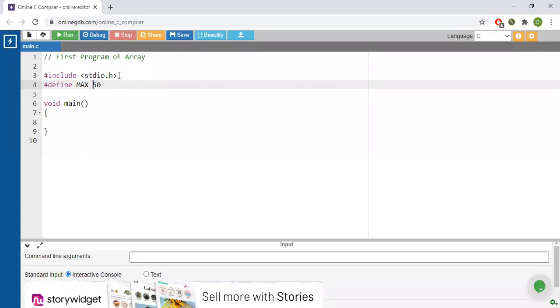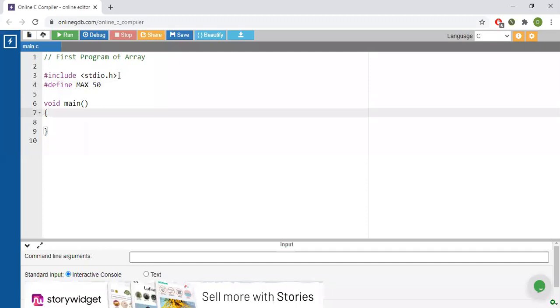Simply, max is another name for 50. Of course in your code you can use 50 also, but this is a good programming habit. This is not compulsory. I will tell you how it will differ.